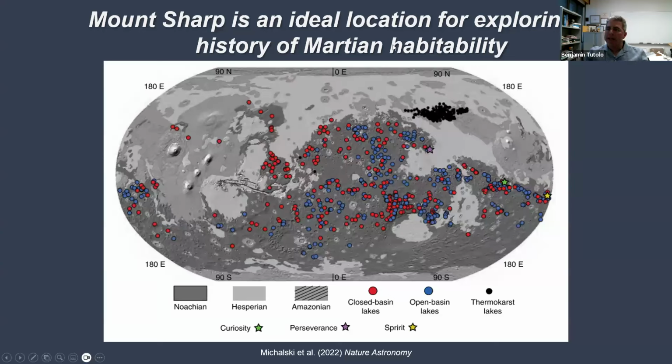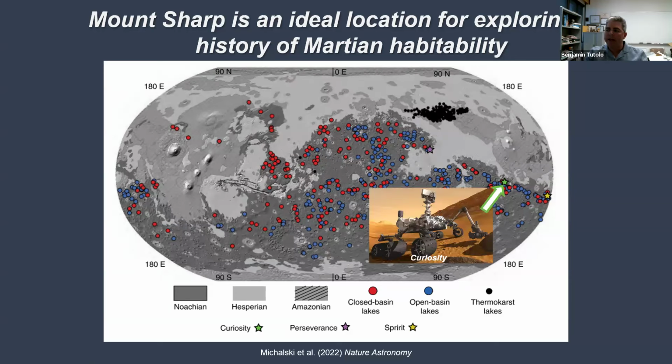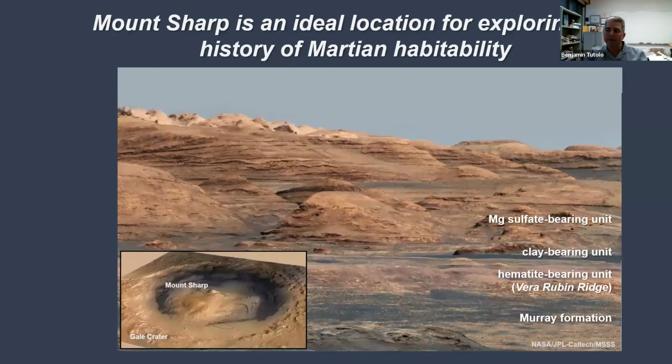Okay. Mount Sharp is an ideal location for exploring the history of habitability on Mars because Mount Sharp is here. It's this green star, and it happens to occur right at, and this is Gale crater, right at the boundary between the northern and southern hemispheres of the planet, so right at the equator. And it also is a place that holds the largest or thickest stack of sediments anywhere observed on the planet. So while there is lots of evidence for lakes on ancient Mars, Curiosity happens to have chosen perhaps one of the best ones, because this sedimentary stack records lots of geological transitions from the planet's past.